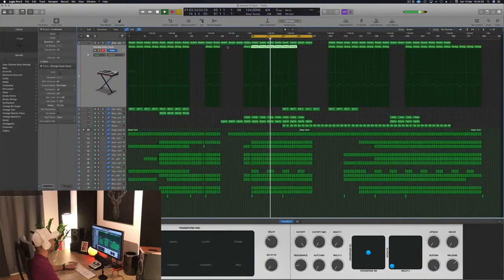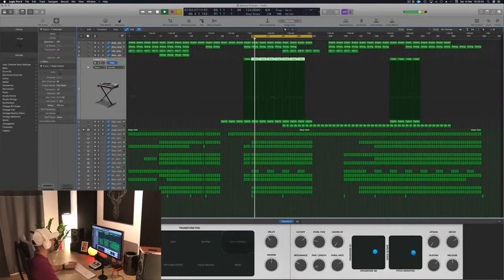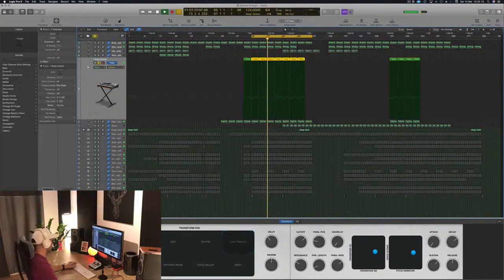Let's keep on going. That definitely needs some. Oh, I like it. The vocals are now a bit more spaced out around. That's also great.